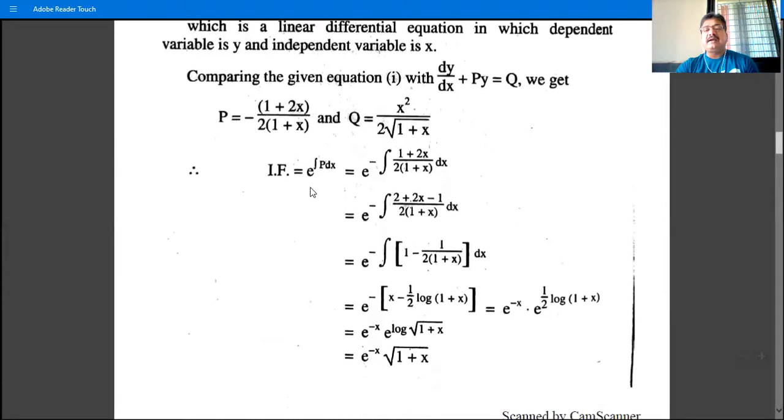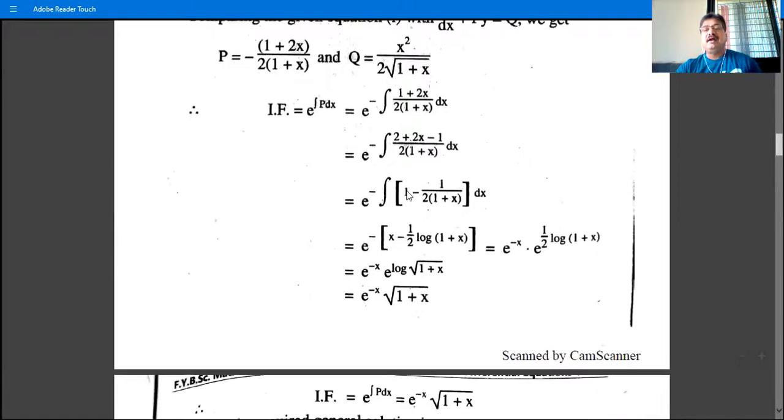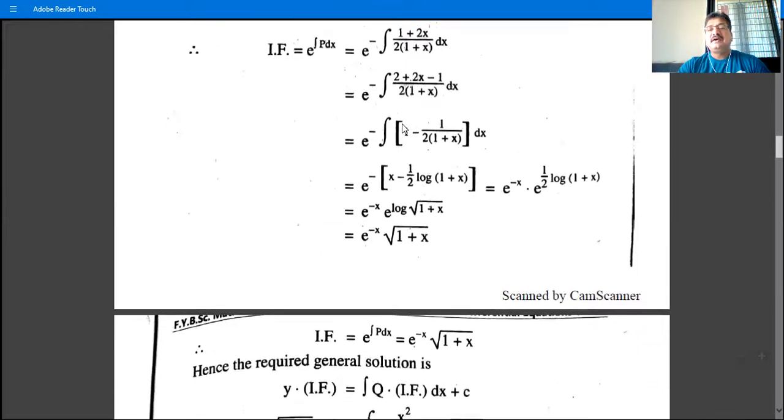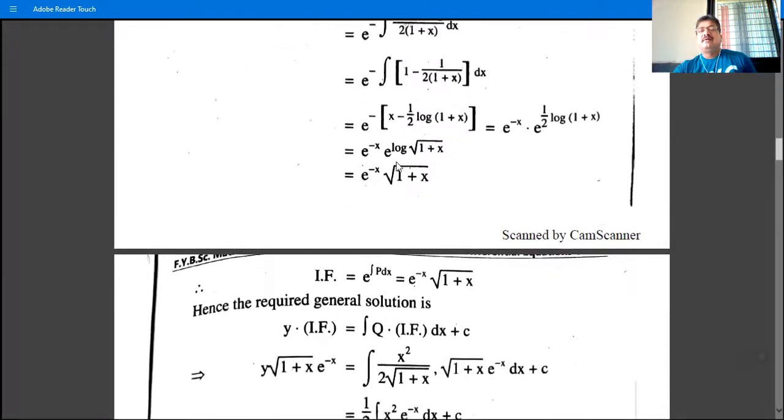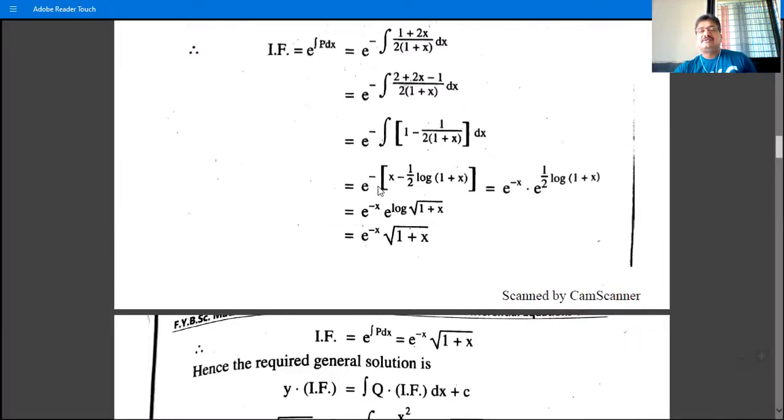And so the integrating factor I is equal to e raised to integration P(x) dx, is equal to e raised to minus integration of this P(x). And then add 1 and subtract 1. So write this 1 plus 2x as 2 plus 2x minus 1. So we have this as the factorization, and then the integration of 1 is x, minus 1/2 log 1 plus x, and then this is e raised to minus x minus 1/2 log 1 plus x, that is